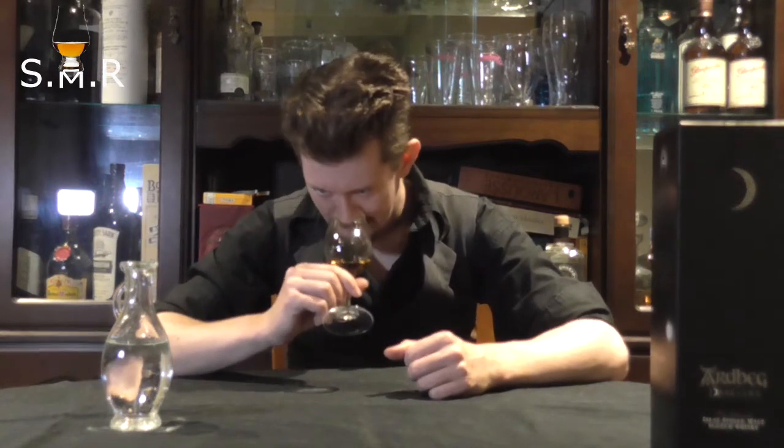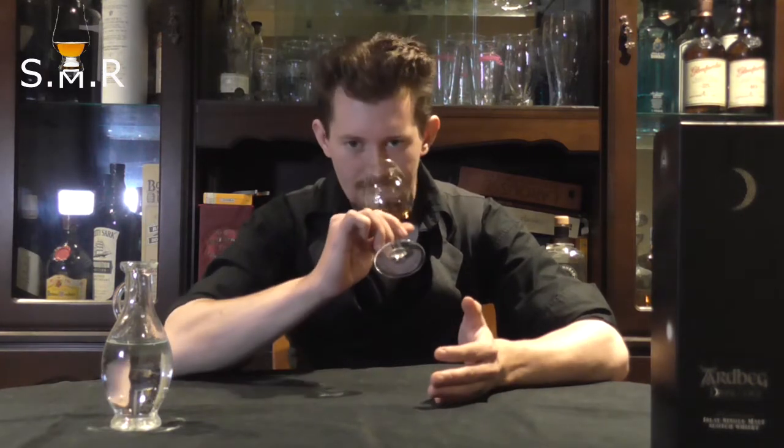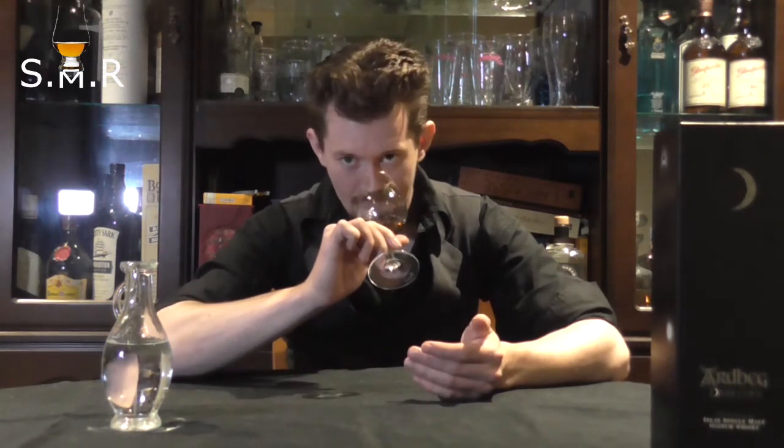This one is comparatively mild, and that may be coming through from a special formula of peating levels, but I think it's coming from somewhere a bit more exciting. I think it's coming from age. I think this is a significantly older whiskey than we're used to dealing with when it comes to Ardbeg. I think this is quite a bit older than the 10-year-old. I think it's probably got an average age of 15, maybe 16, maybe even 18 years old, were you to ask me. Because